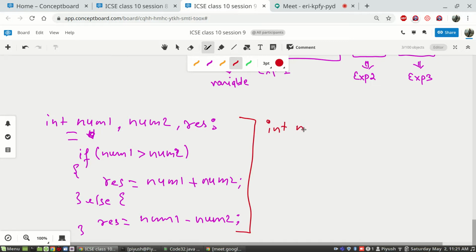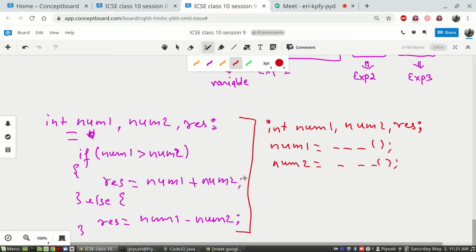int num1, num2, result. Then you will write num1 equals sc.nextInt from the user, and num2 you will ask again from the user and assign to the variable identified by num2 in RAM. You will again take user input here. You will then check if